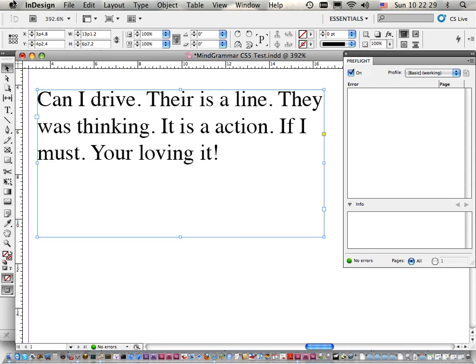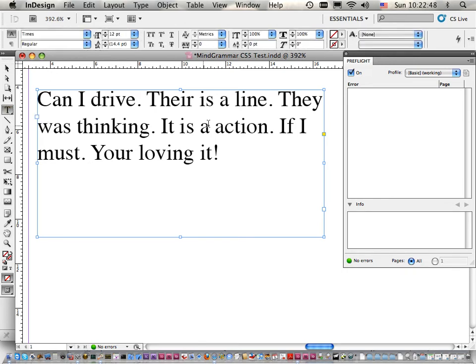Today we're going to show you MindGrammer Pro. MindGrammer Pro is an English grammar checker for InDesign, and it also supports package and pre-flight, so pre-flight rules and pre-flight reports. So first, everyone I think is familiar with the dynamic speller in InDesign, and here we have a